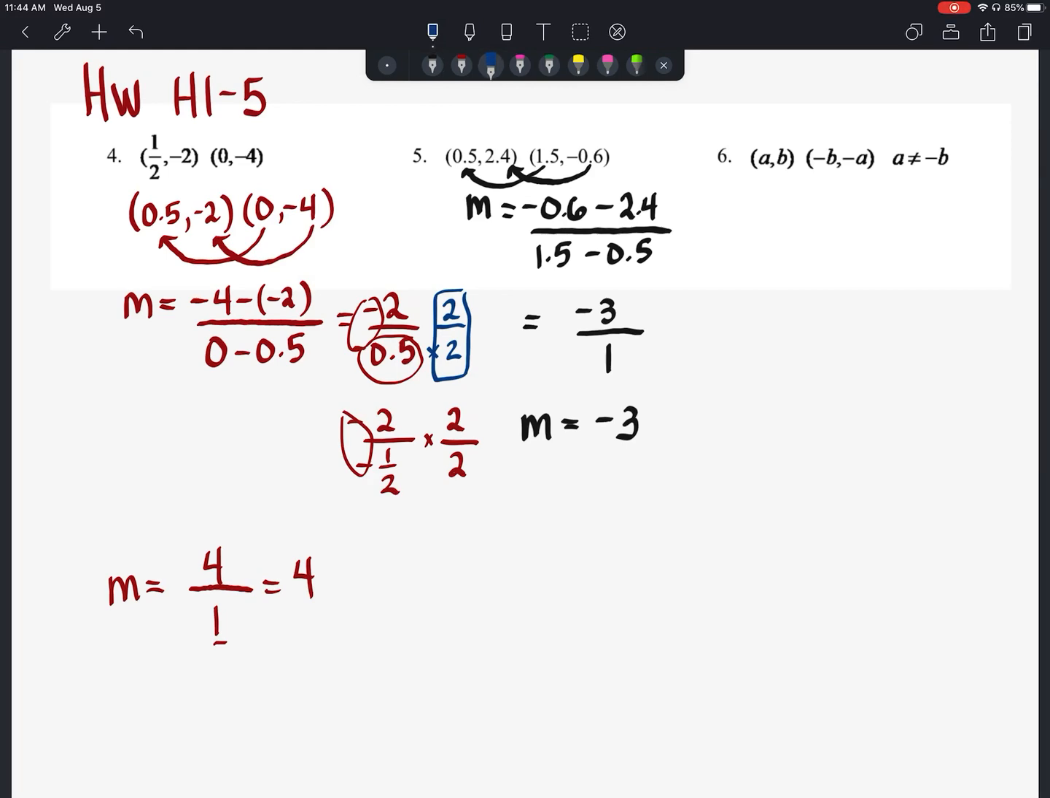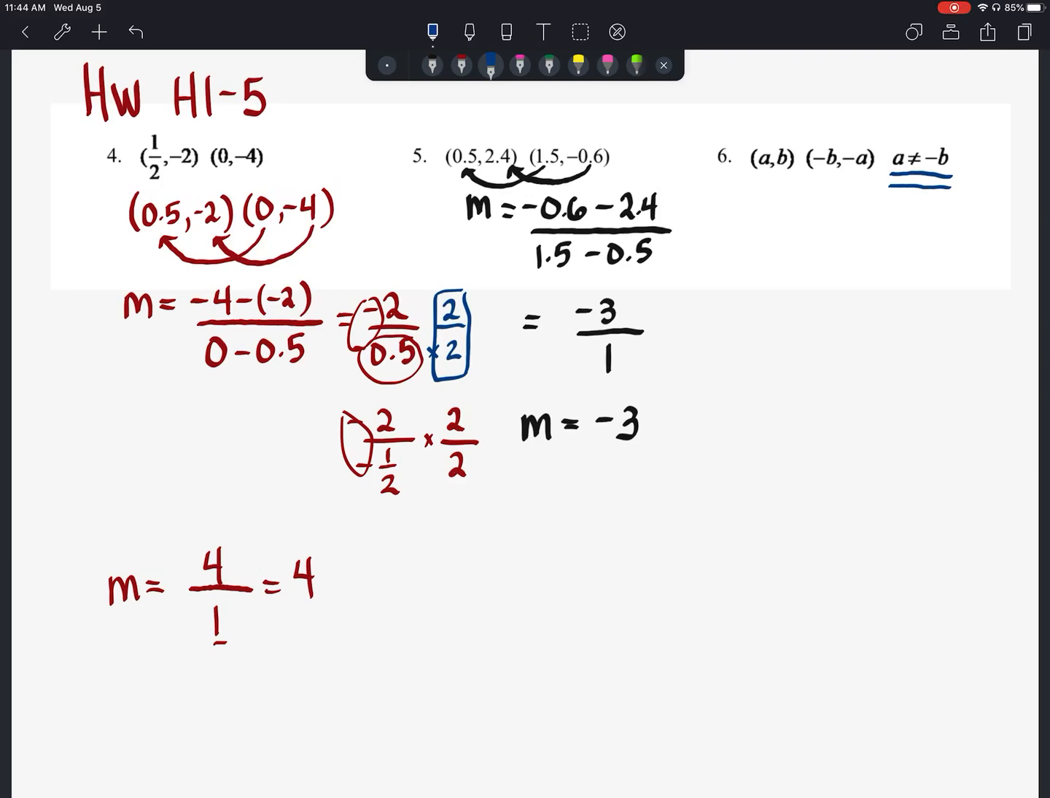Last but not least, number 6, we have the point AB. We have the point -B, -A. And what they're telling us here, since we don't know the values of those, is that A cannot equal -B. So sometimes that confuses students. The reason they're putting that in here is because if A equaled -B, okay, if I took that and